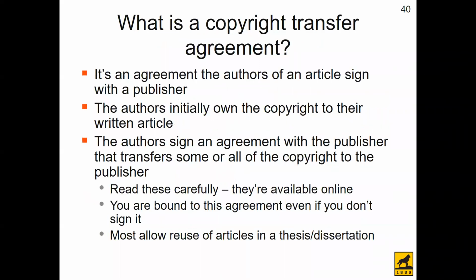So we've already talked about this, but the copyright transfer agreement is something that authors sign. The authors own the copyright to the article when you write it. So in order for the journal to publish it, they need your permission to start with. And that's the whole part of how permissions start. The journal needs your permission to publish your work, and now they allow you some rights to reuse it.